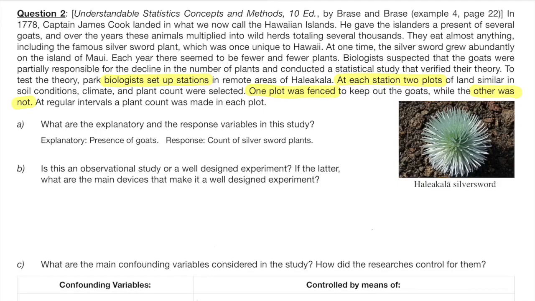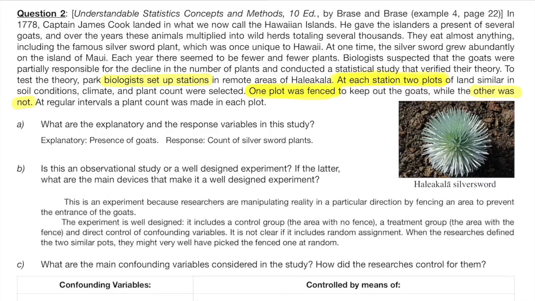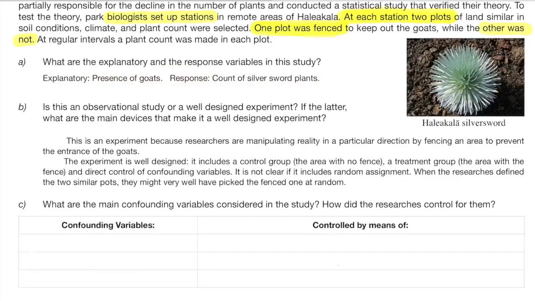And do we have random assignment? It is not said explicitly, but I think we can imply that yes. What I understand from here is that in each station they divided the land in 2 pieces, one that they fenced and the other that they didn't. How did they pick the part to be fenced? I am assuming that they picked it randomly. Notice that here there cannot be placebo effect because we are not working with humans and treatments, so the ideas about using a placebo or blinding don't apply.